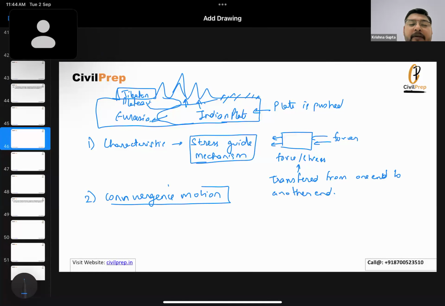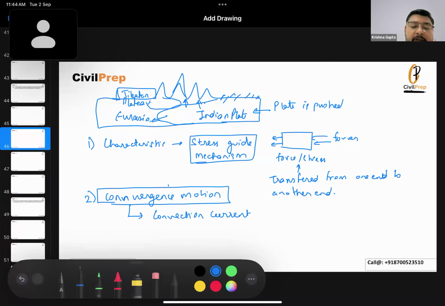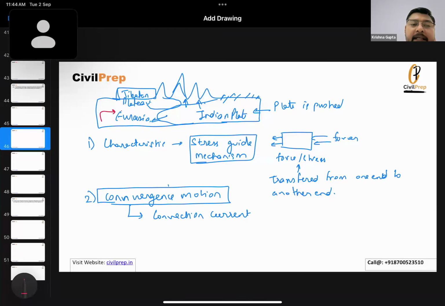So this convergence motion that we will be seeing is happening because of the convection current. As we can again see in the diagram, it is taking place beneath the Eurasian plate and the Indian plate here. This convection current has a particular rate of movement, which is decided by the magma movement,